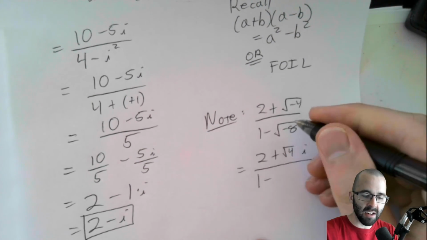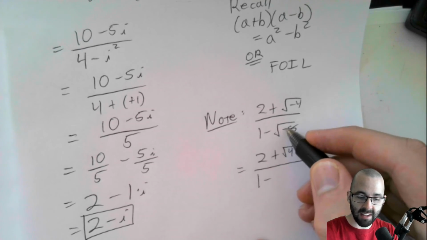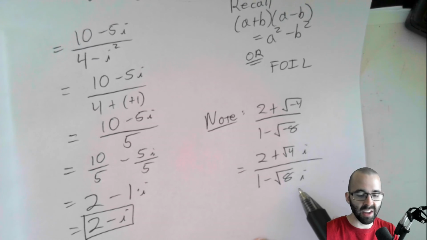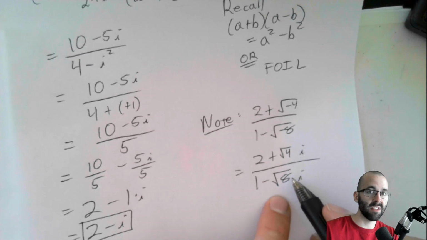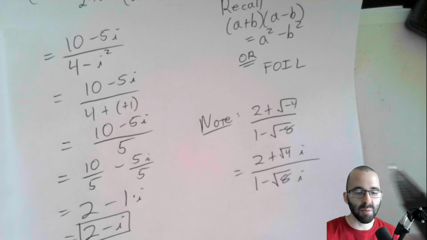And something like over here, again, the negative on the inside, they don't cancel because the negative on the inside means i. On the denominator, you get something like this, and you'd also have to simplify the square root of 8 again. Remember, split this up into 2 factors, one of which is a perfect square. So you'd split this up into 4 and 2 and simplify it that way.